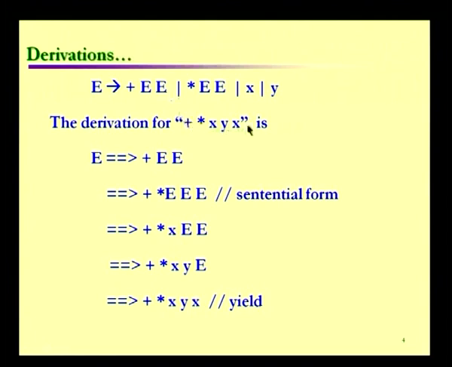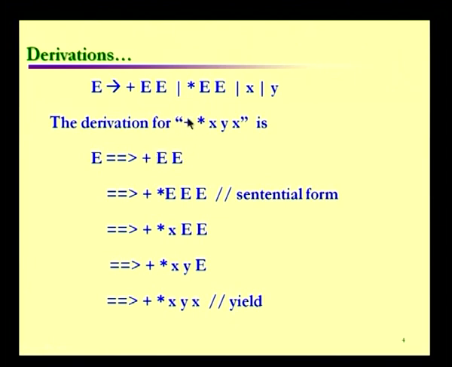Since the string is starting with a plus, we must go for the first production, that is E → +E. We can't start with asterisk, or even with x or y. So, we go for expanding E by +E. So, it is done, and we now have more information about how the derivation proceeds, because the first symbol is